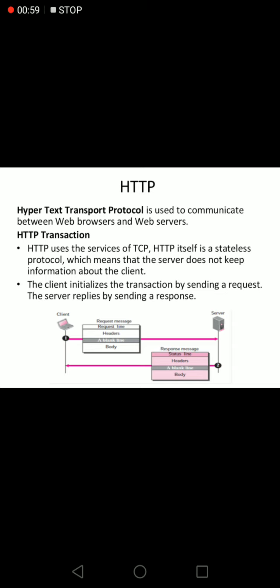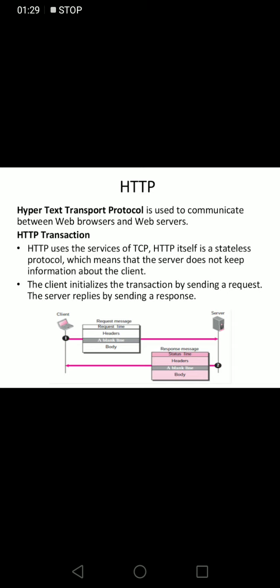The function of HTTP is a combination of File Transfer Protocol, that is FTP, and SMTP, Simple Mail Transfer Protocol. HTTP is similar to FTP because it uses only one TCP connection, that is, the data is transferred between client and server.